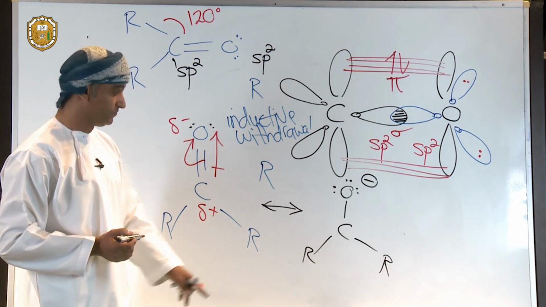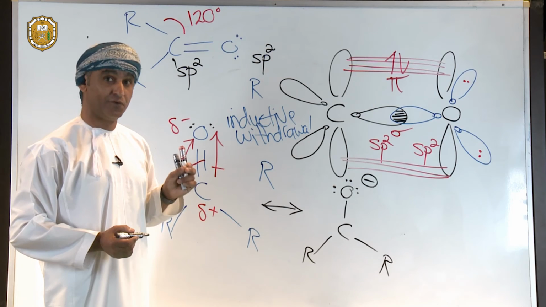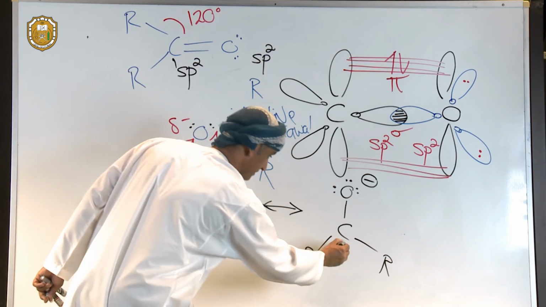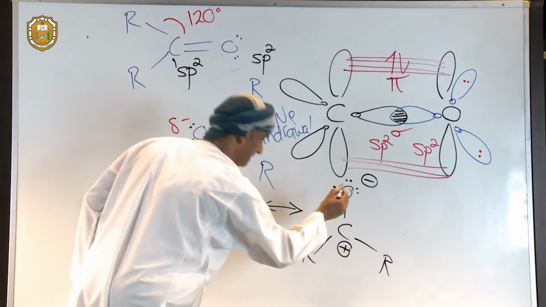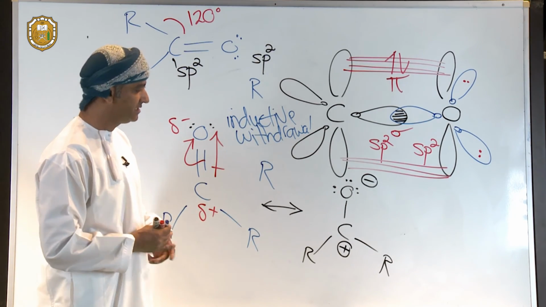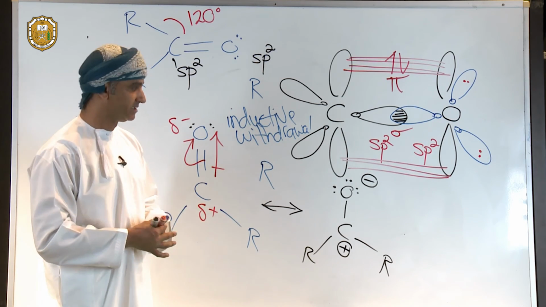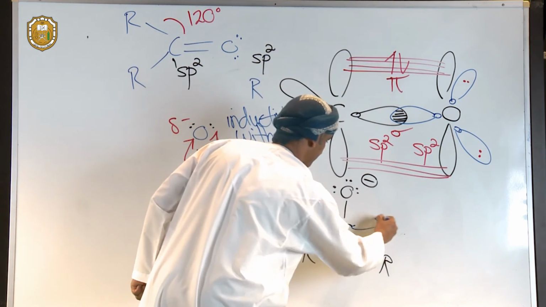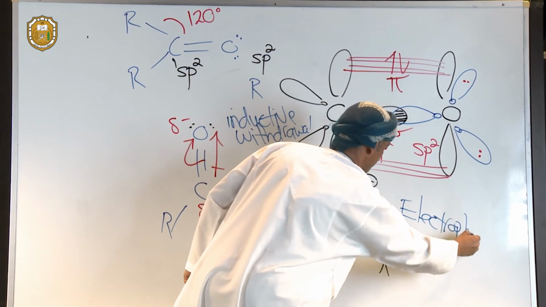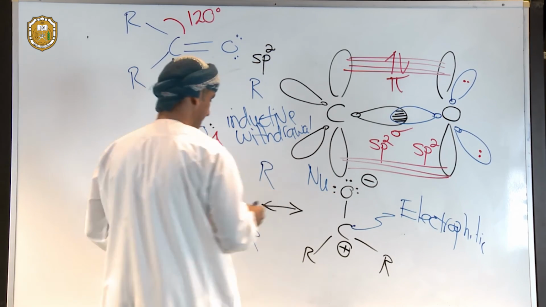What about carbon? Well, if you look at that carbon, it has 3 valence electrons, and there are 4 valence electrons in the free state, or the free element, okay? So the formal charge must therefore be +1. It is positive, and for that reason, carbon is electrophilic due to resonance withdrawal. So we can label this as electrophilic. The carbon is electrophilic, and oxygen obviously is nucleophilic.